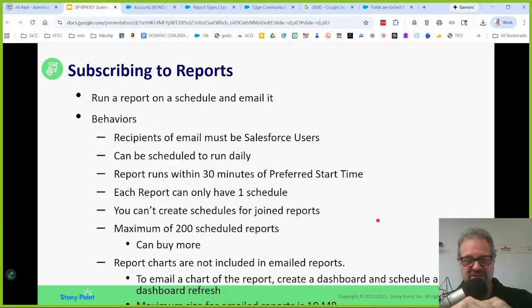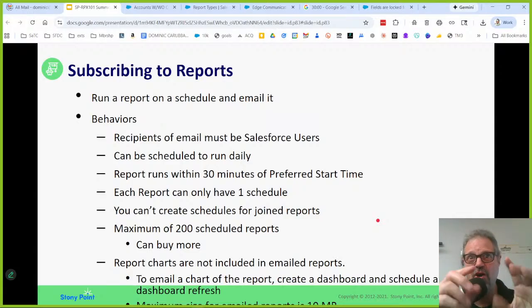Anybody they forward that email to can now see the body of that email. But if each individual salesperson pulled a report and they only saw their own 100 records, they can only see their 100 records live in Salesforce. But if the sales manager forwards everything they can see in the body,